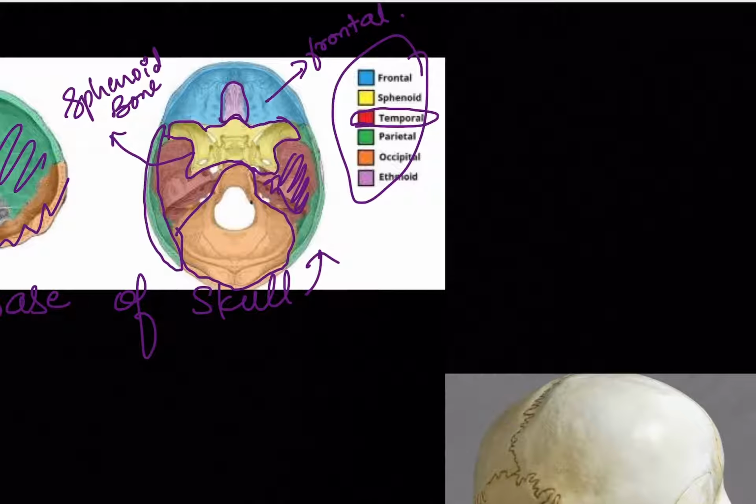It has a very large opening. Can you see this opening? This opening is known as foramen magnum. Why is it called foramen magnum? It's very big, right? Magna means big, and foramen means opening. So a big opening is known as foramen magnum. Through here also a lot of things pass. I'm not going to tell you right now.